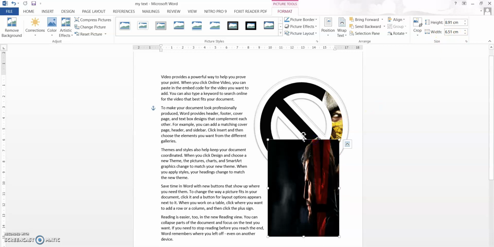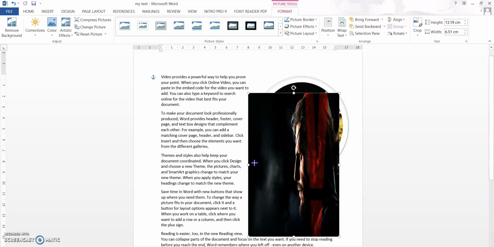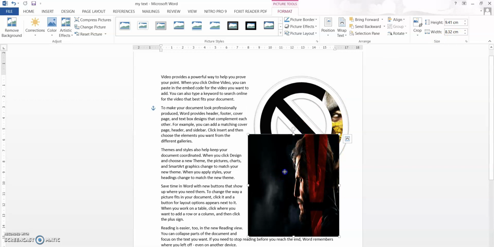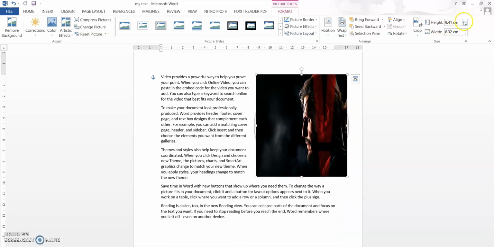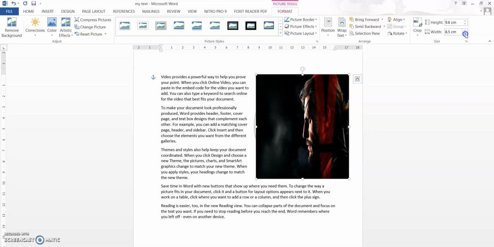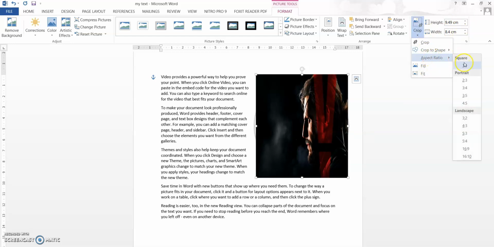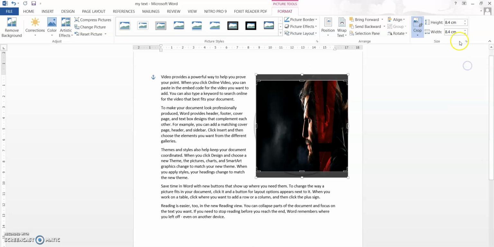I have told you that you can adjust the image size like this, but if you do not want to adjust like this and want a certain ratio, then the image can be adjusted like this also. So with this editing and moving option, you can adjust the width and height of the image, and then you have an aspect ratio. This is mainly used if you want to post some pictures on Instagram or in many other different formats. So there is a 1:1 square, and 1:1 means the width and the height will become the same.